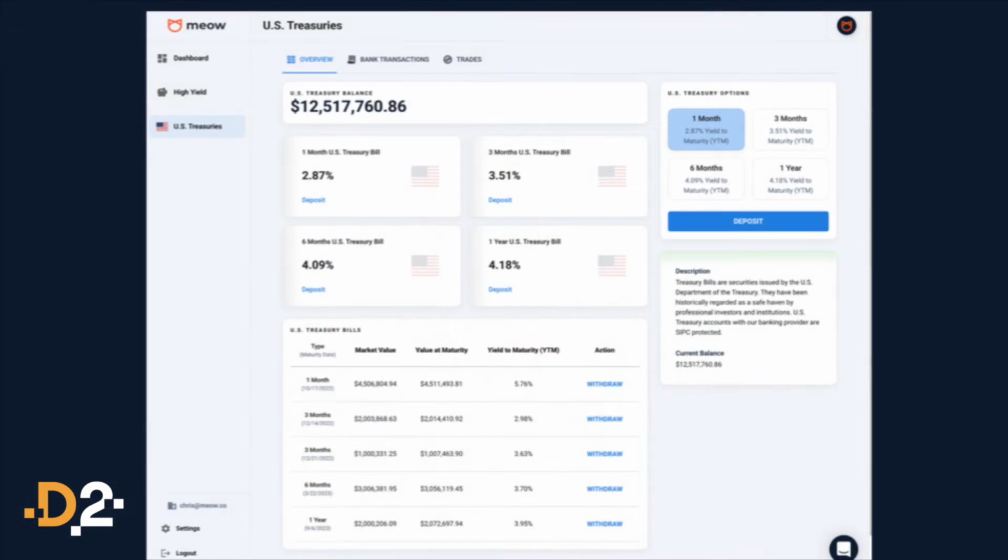Yeah. So, for example, if you wanted to put 20% of your portfolio in a T-bill. I think there's a slide. Yeah, it's your slide. Let me see. There we go. Okay, so this is an example of the T-bill portion. You'd be able to deposit into any of those durations. It would go directly to our broker-dealer partner, custody of BNY Mellon. And then there's the high-yield tab, for example. And then in the next couple of weeks, there's going to be commercial paper, corporate bonds, credit mutual funds,